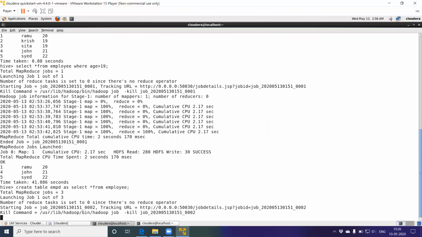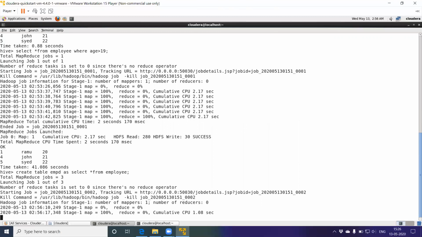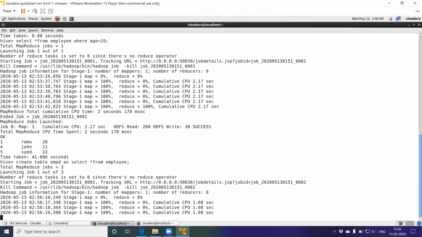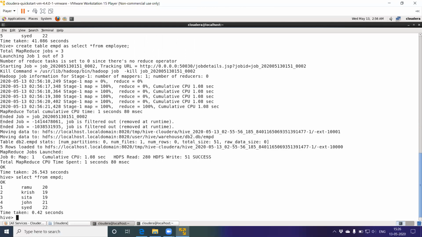So the output of this employee table will be stored as a table here. So you are creating a table empd. Again, the processing is using MapReduce operation. Yeah, the table is created now. You can view the content using select star. Yeah, the table is displayed.